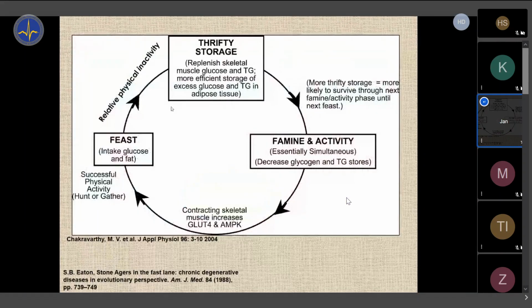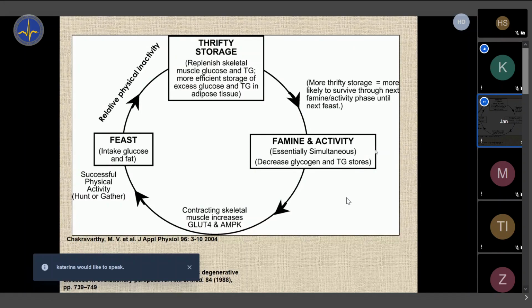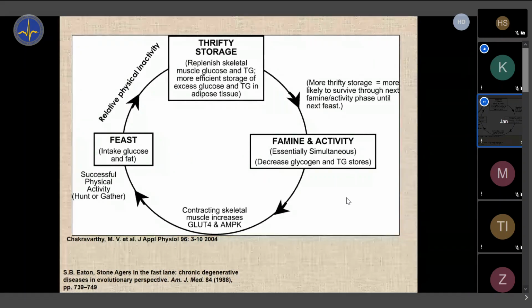This is the idea of our genotype, because the human species was exposed to very long times of famine and activity, so being hungry but needing to be active. So the genes kind of follow. The genes are very efficient in storing energy and very efficient in using energy for muscle work and for producing energy from ATP. And then there were very limited amounts of time when food was available. This is the feast period, and these were cycling during the lifespan of humans. So our genotype was a thrifty genotype, as it's actually called in the scientific literature, because we are very, very thrifty, very efficient.